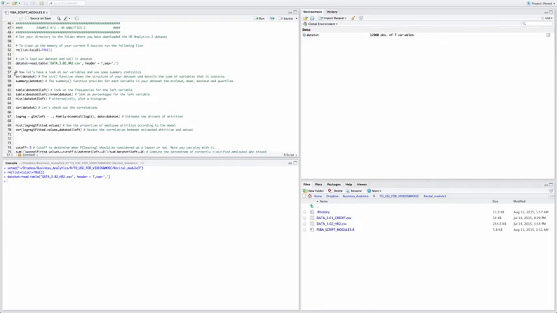Now let's have a look at our variables with the str function and see some summary statistics with the summary function. The str function shows us that we have 12,000 observations in this dataset and 7 variables. First, we have the satisfaction, then LPE, which stands for last project evaluation, then NP, which is the number of projects worked on by the employee in the last 12 months, then the ANH, which is the average number of hours worked weekly by the employee over the last 12 months, then the TIC variable, which is the time spent